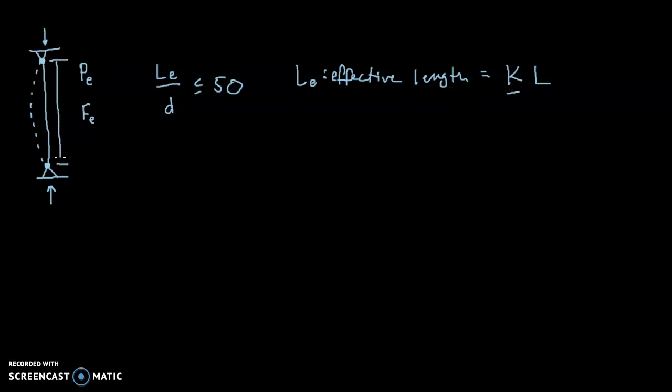We typically look at columns that are unbraced. They're only braced at their supports at either end, at the bottom and the top. So the unbraced length is the length of the column itself, multiplied by K. That's the effective length, which we call L sub e in timber design. D is the least